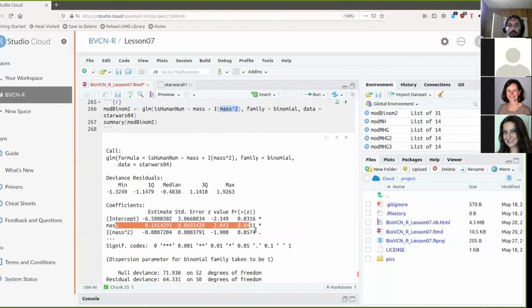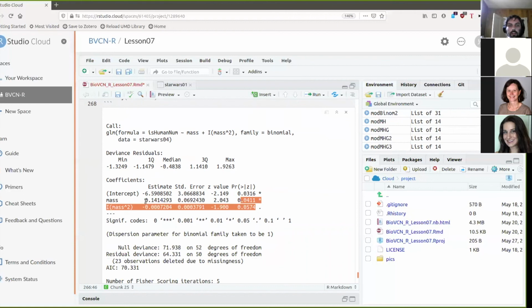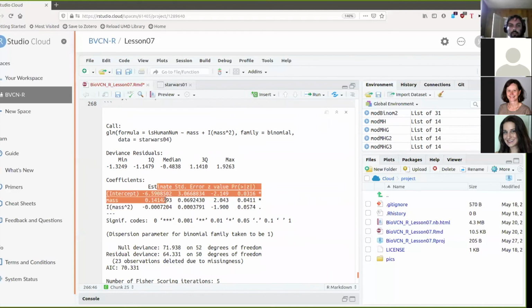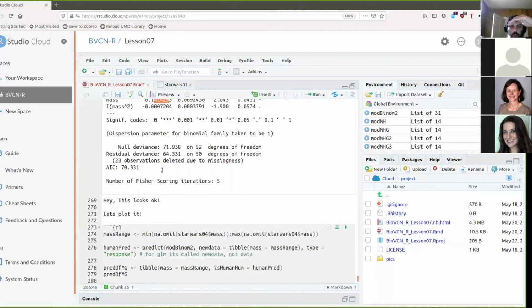That ends up looking like this. Here's the mass term, here's the mass squared term. Those both seem to matter, which is to say that in general there's a positive relationship here, but the mass squared term is negative, which means there's some sort of nonlinear thing going on. And instead of just trying to interpret what this means exactly, well, basically this is fit by a parabola with a negative second degree term and a positive first degree term, which is going to be a downward facing parabola. So you can actually look at the results